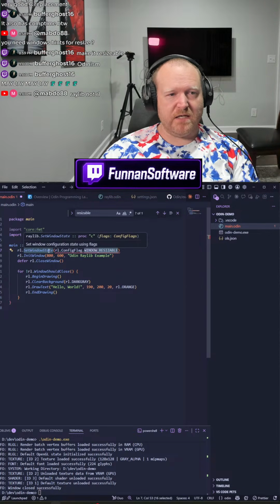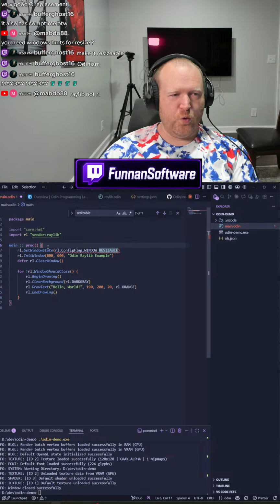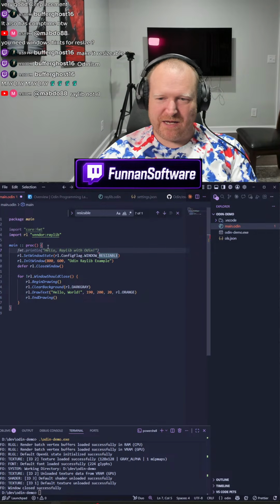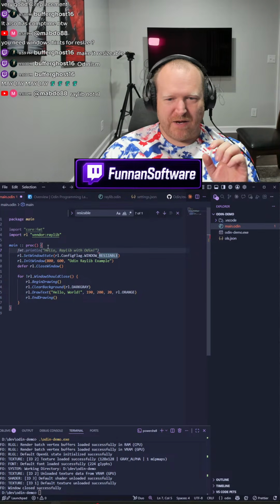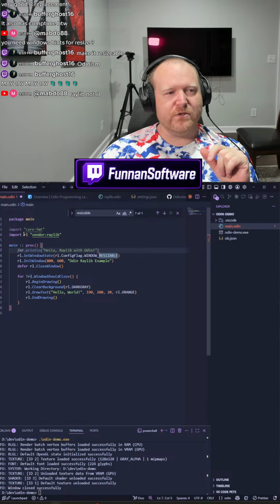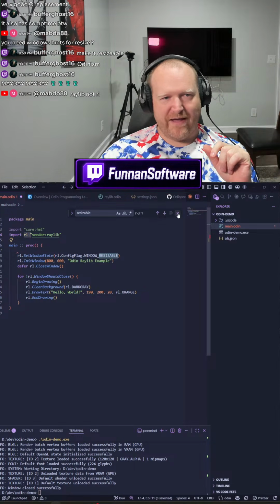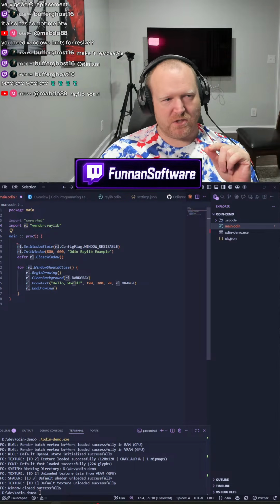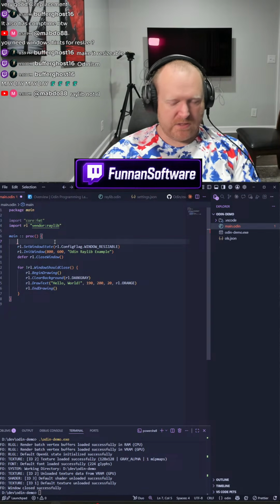Do I have to create this variable first? Ooh, okay. This is my first variable. I'm using RL up here, so I don't have to specify raylib, so I defined it as RL at the top. Okay, so first variable here.